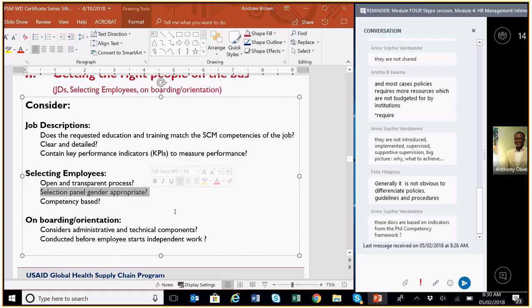With regard to onboarding and orientation, this is another area where most organisations do not prepare things well. Just a reminder of the first job. Think about the first job that you ever had out of university. When you came to work that very first day or that very first week, you had all the skills from your education. But my question is, how well were you equipped to be able to be productive in that workplace immediately? And it would be nice if you wanted to share anything in the chat about that.